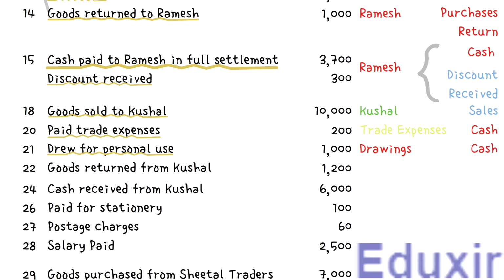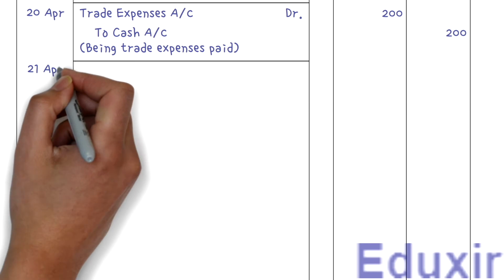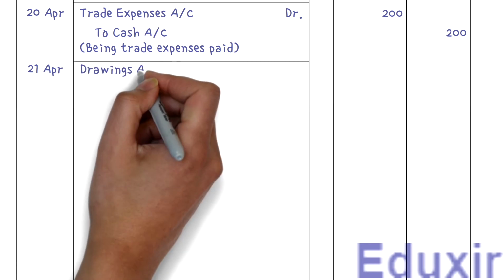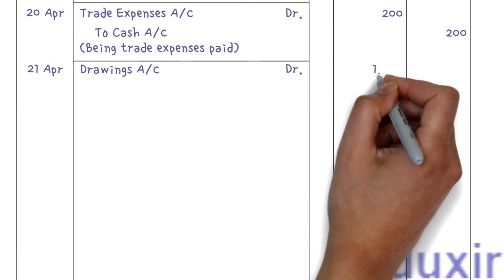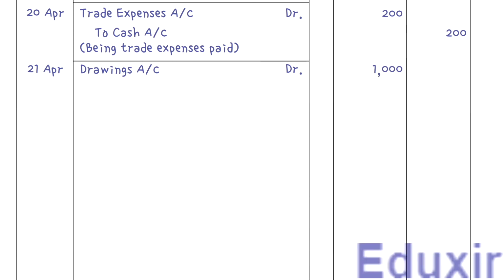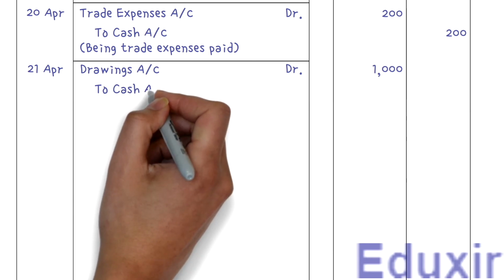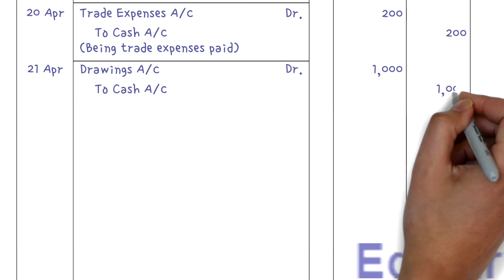With this analysis at our disposal, let us now proceed with the generalizing of this transaction. Let us first record the date. Let us then record the drawings account as the debit entry. Let us also write the text DR to indicate that this is a debit entry. Let us then record the debit amount of 1000 rupees in the debit amount column. Leaving a margin, let us record the cash account as the credit entry. Let us also record the credit amount of 1000 rupees in the credit amount column.